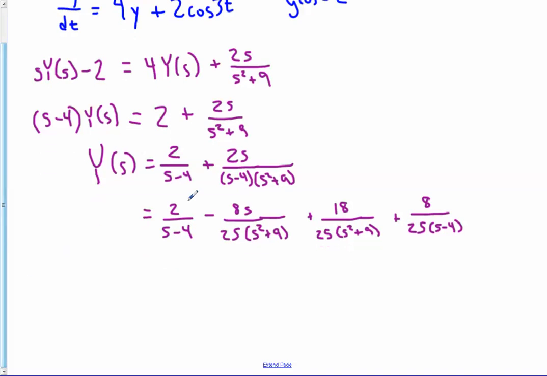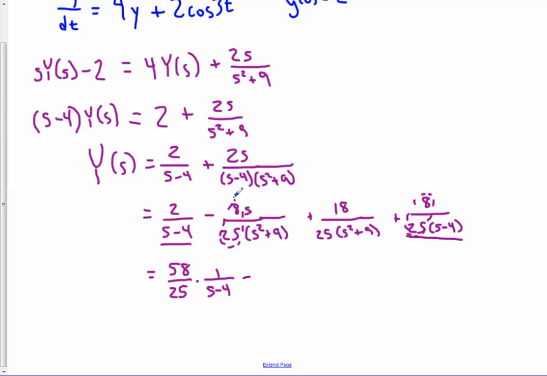Actually, I noticed that both this term and this term are a number over s minus 4. I can kind of think of this as 8/25ths times 1 over s minus 4. And this is 2 times 1 over s minus 4. So I can combine those, and I guess that'll end up being 58/25ths times 1 over s minus 4. Just moving that number off to the side now. And then we will have,